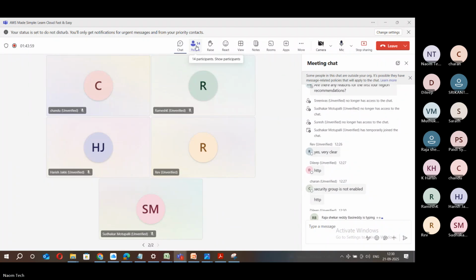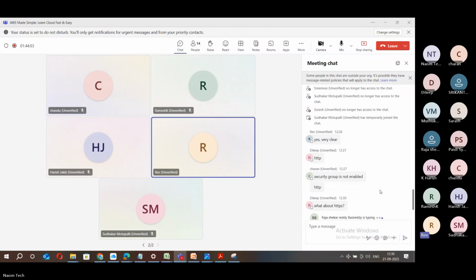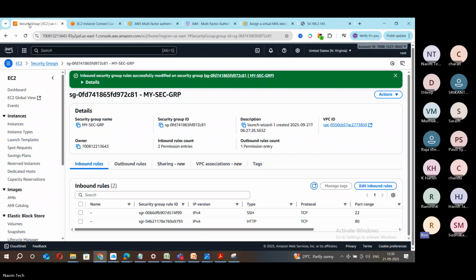One question is, could you please explain more about the security group? Actually, why do we need the security group? What's happening there? Simple, right? See, again, without that, what will happen? If you want to access something outside,